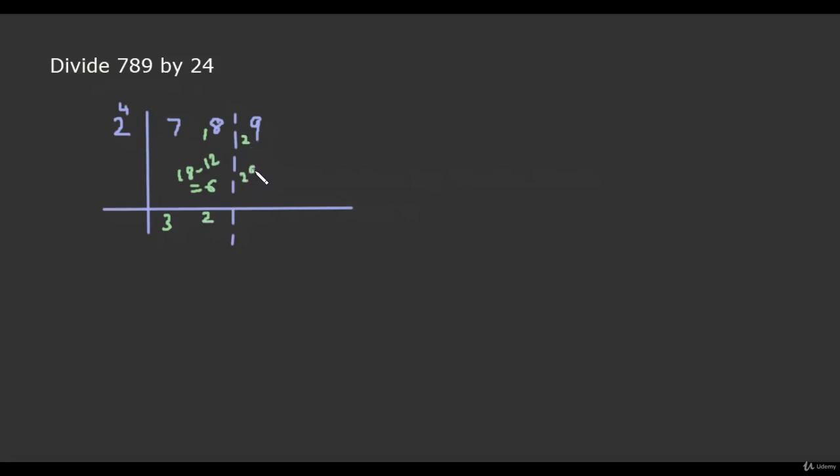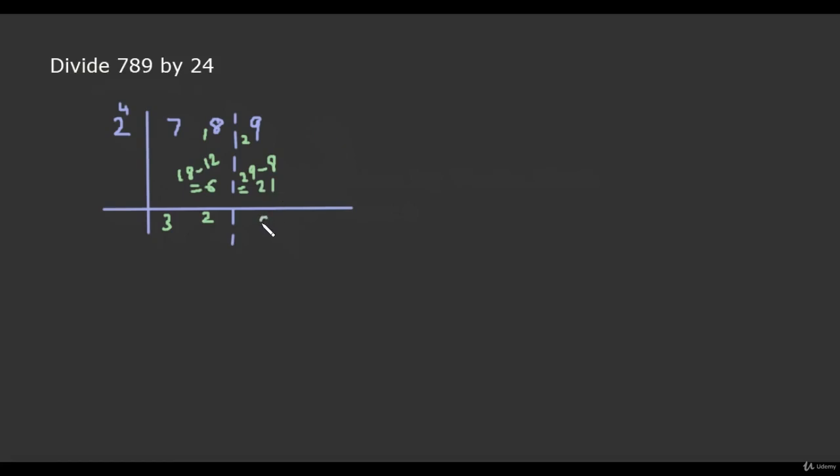Now 29 minus the product of the flag digit and the second quotient digit. So 4 times 2 is 8. This gives us 21. Now the maximum number of times 2 can divide any number is 9. If 2 divides 21 9 times and the remainder is 3, in that case if we subtract the product of 4 and 9, 36, from 30, we will get a negative answer again. So this is not possible. So 2 cannot divide 21 9 times. So 2 can divide 21 8 times.